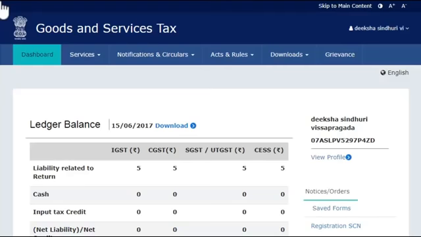Taxpayers can opt for composition scheme either while making a fresh registration on the GST portal or after enrolling or registering as a normal taxpayer. This video will walk you through the steps to opt for the composition scheme after enrolling or registering to GST as a normal taxpayer. To begin, access the GST website